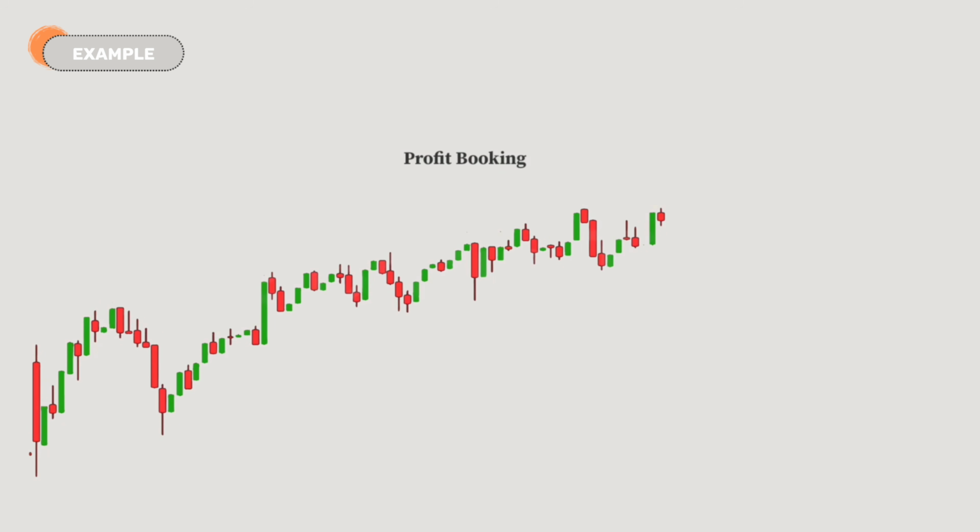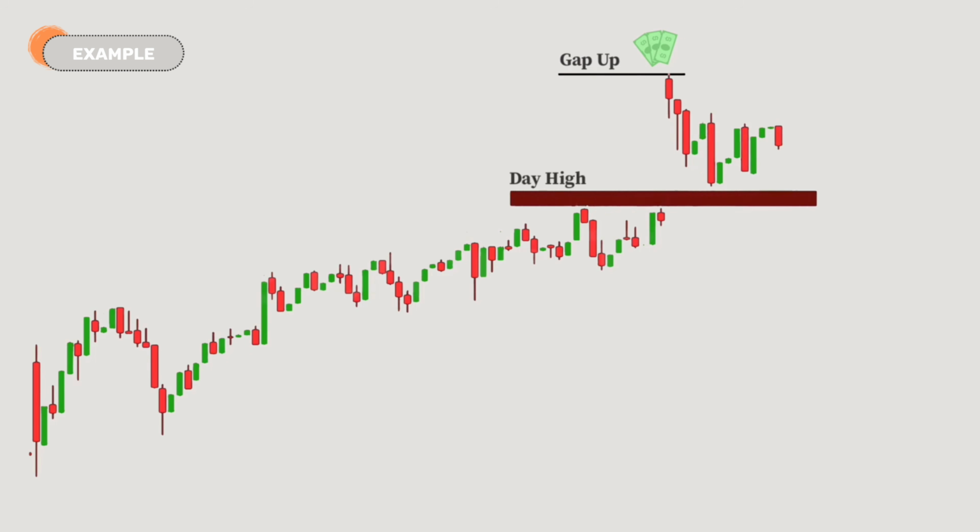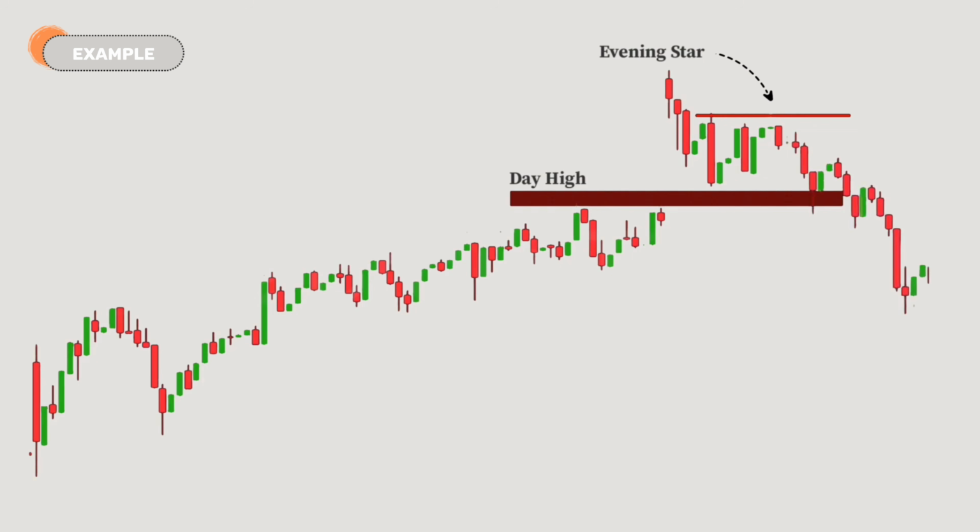The next day, when the market opens with a gap up, these buyers start booking their profits, causing a correction in the market. But as the market approaches its previous day's high, buyers start hoping the uptrend will continue and start buying again and push the price upwards. Here, buyers try to push the price up twice but fail both times. However, the third time, when the price reaches this level, sellers start selling again, forming a small resistance level on the chart and creating an indecision candle along with the evening star pattern. This indicates that sellers are not interested in pushing the price higher, increasing the selling pressure, and causing the price